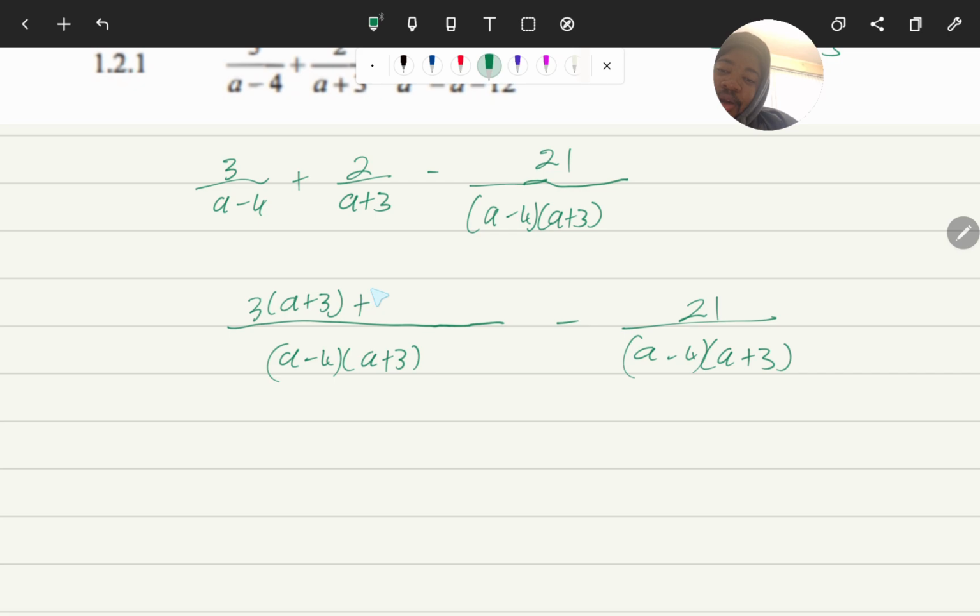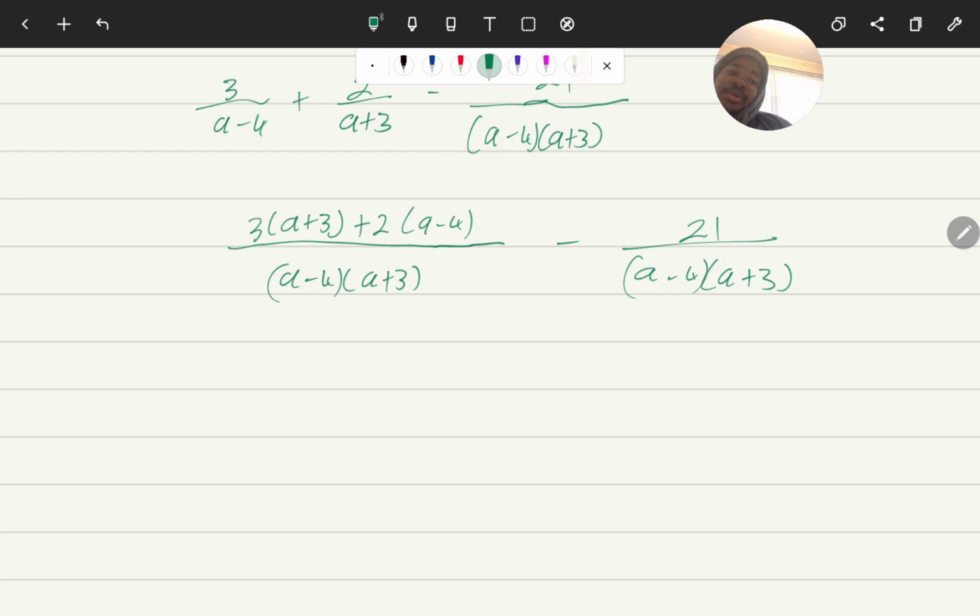Then I have plus 2 into a minus 4, right? So my denominators, they match. I can just say I have 3a plus 9 plus 2a minus 8 minus 21. Then I have a minus 4, I have a plus 3,